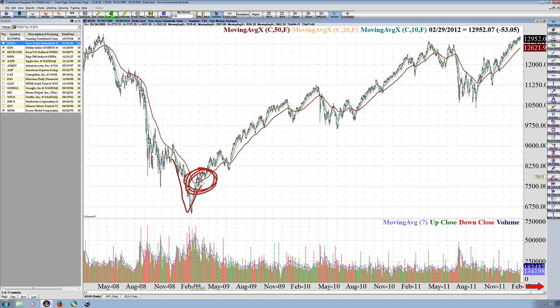Averages were telling you to buy right then, way back there where it started. Had you bought back then, you could have jumped into the overall market around 7,700 or so, and of course you could have ridden several of the waves. Now you're going to also notice that these short-term